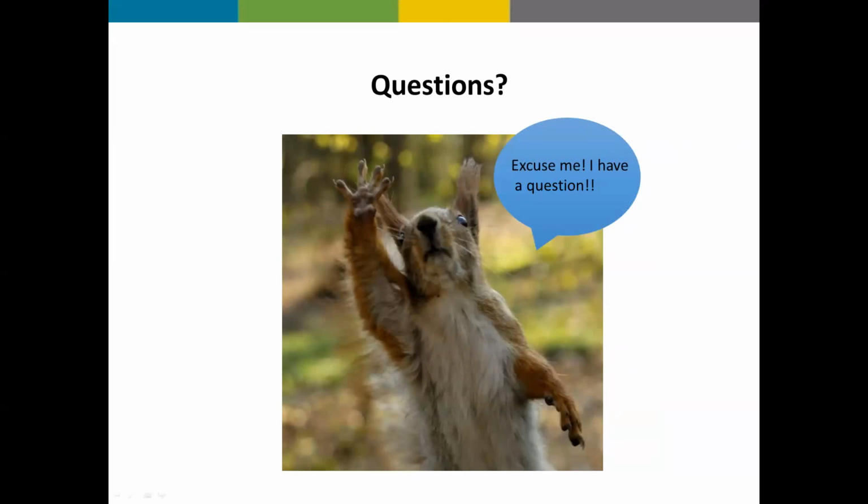So for whatever reason, I am not seeing the chat box. So if anybody is putting chat box questions in there, if Anne or Kristen, you could read them to us, or if you want to unmute yourself and ask a question, this is a great moment for a pause. Maybe up in there.